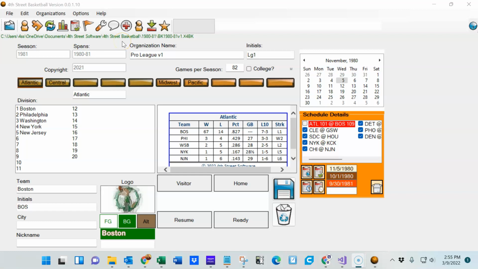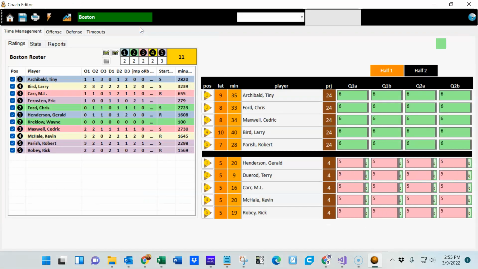Coaching editor in 4th Street basketball can be accessed by clicking on the coach editor icon up on the toolbar of the home page. And when you get into here, we're working with Boston right now, you'll see immediately a time management page. As of this date, although some of this is functional, it's not complete and is not used by the AI